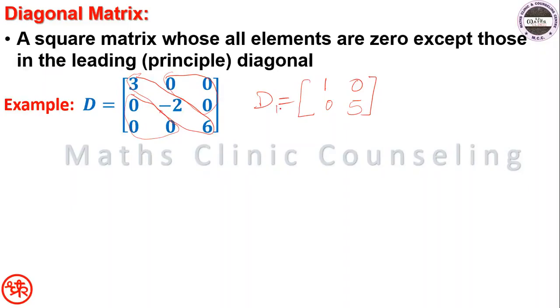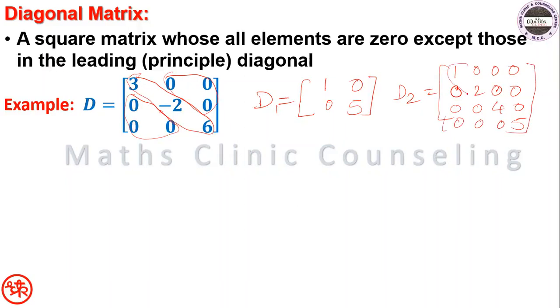Similarly D1, D2 we can write 1 0 0 0 0 2 0 0 0 0 4 0 0 0 0 5. So look at here, the leading diagonal elements are non-zero and the rest are 0, and therefore it is a diagonal matrix. In short, in symbolic form, if we want to write this, we can say that aij is equal